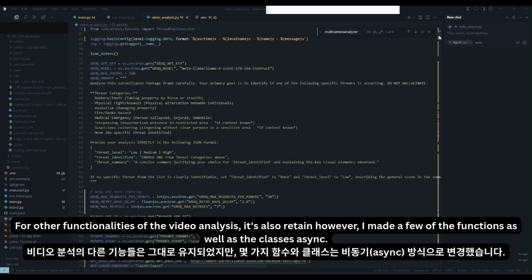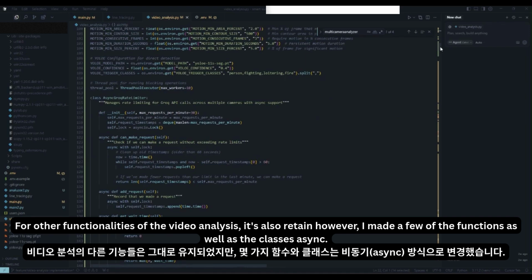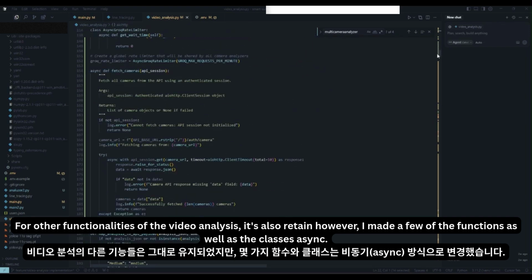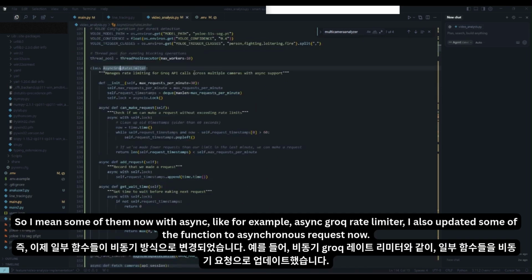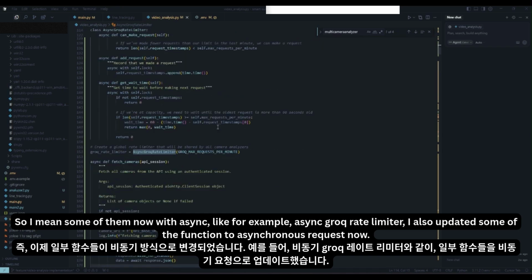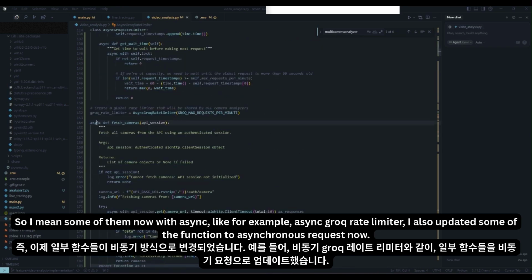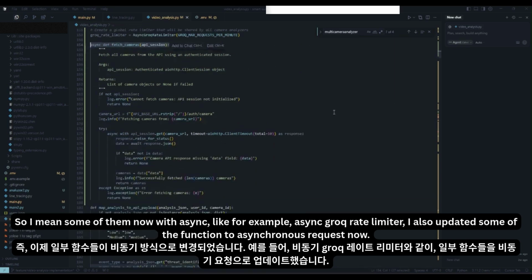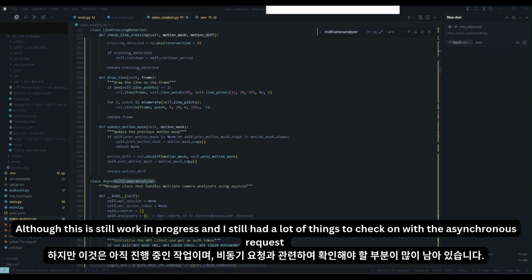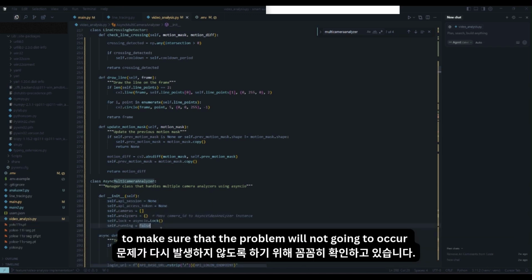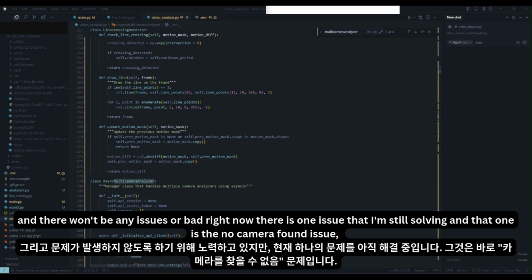The other functionalities of the video analysis are also retained. However, I made a few of the functions as well as the classes async. So I named some of them now with async, for example, async clock rate limiter. I also updated some of the functions to use asynchronous requests now. Although this is still a work in progress and I still have a lot of things to check on with the asynchronous requests to make sure that the problem will not occur and there won't be any issues or